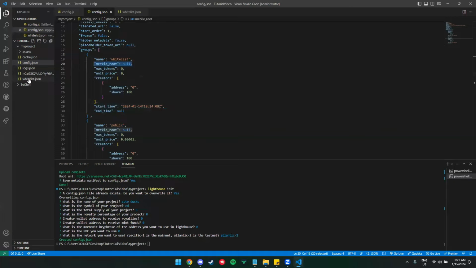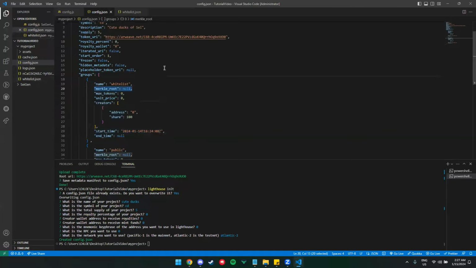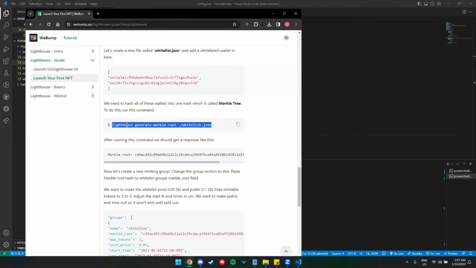So for the whitelist, you need to have a Merkle root for this, which means only the files in the whitelist JSON will have the opportunity to mint your NFT. In order to do that, you need to copy their code on the repo, which is this one. You can just pause this, copy this, type it, or go to their website and copy this one.